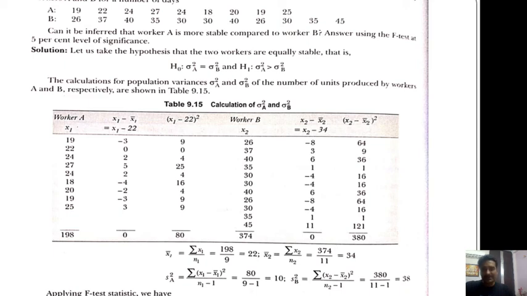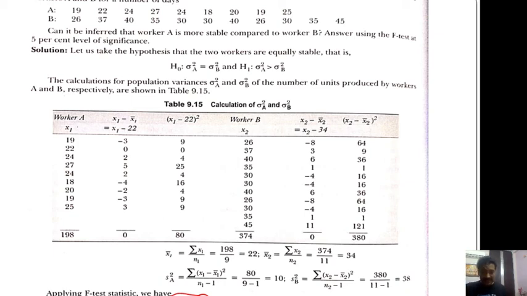So in the null hypothesis, we say that the variances are equal for both the workers. And to test, first of all we should keep in mind that the F statistic is calculated with this formula: F equals SB square upon SA square. We take the value in the numerator which has the larger variance. Always we should do that. If a group has a larger variance, we should take it in the numerator. Please be clear about it.